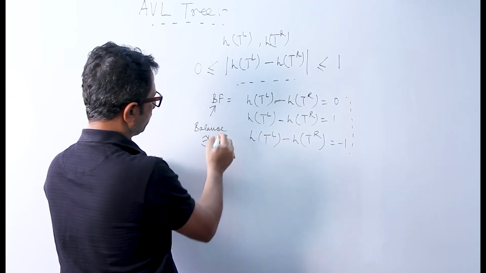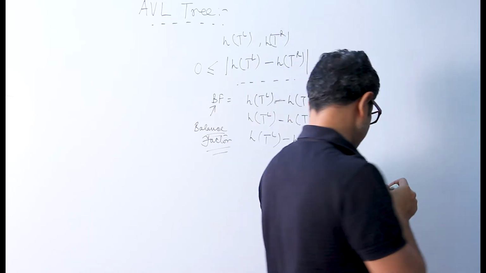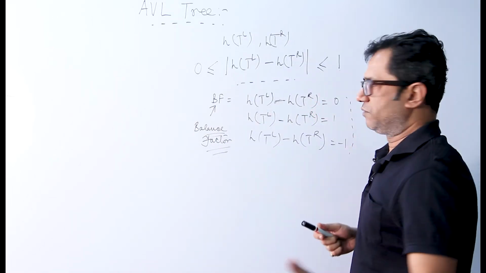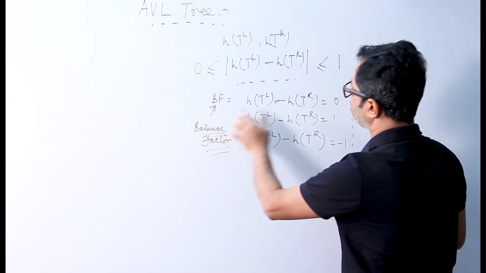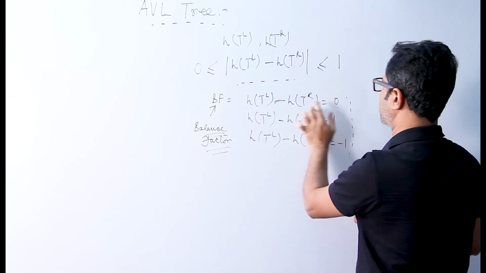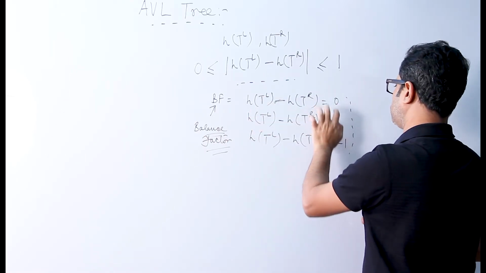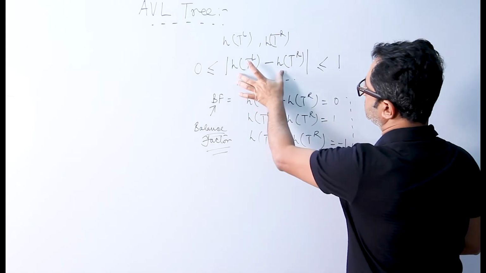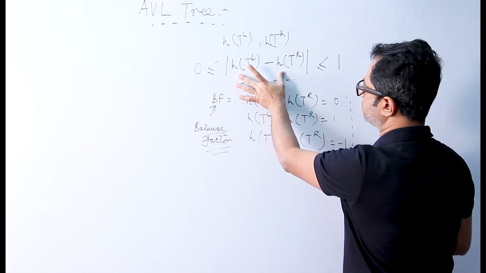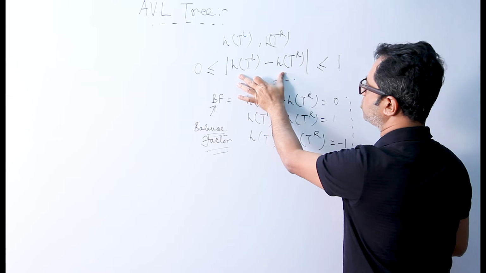This is the most important part to be considered in an AVL tree. For a binary tree to become an AVL tree, the balance factor should have the formula like this, and have a value of either 0, 1, or minus 1. That is, if we sum it up in terms of this modulus operation, that is the magnitude of the